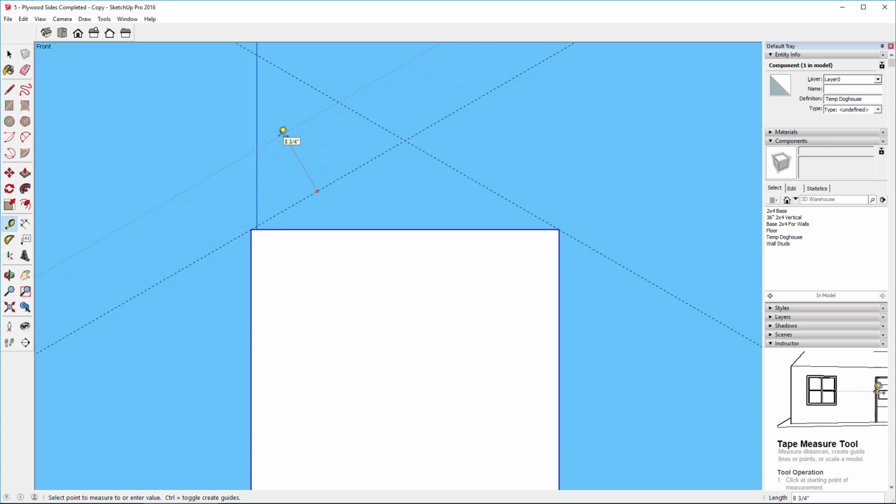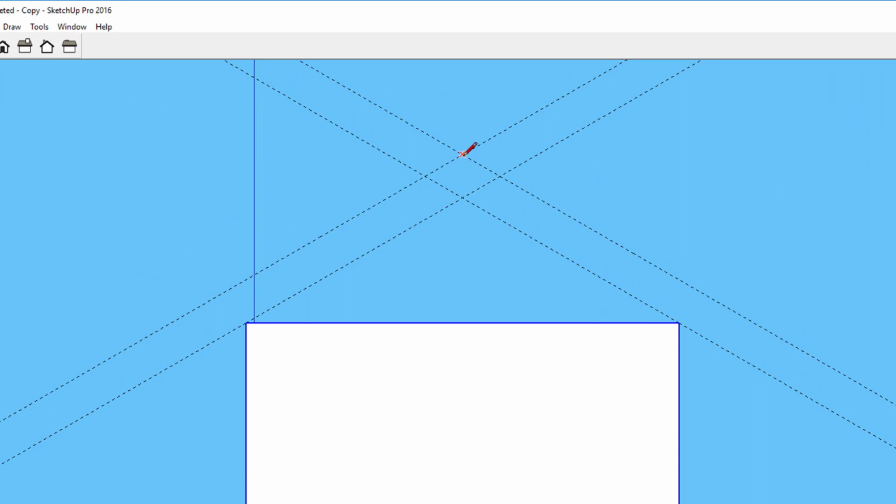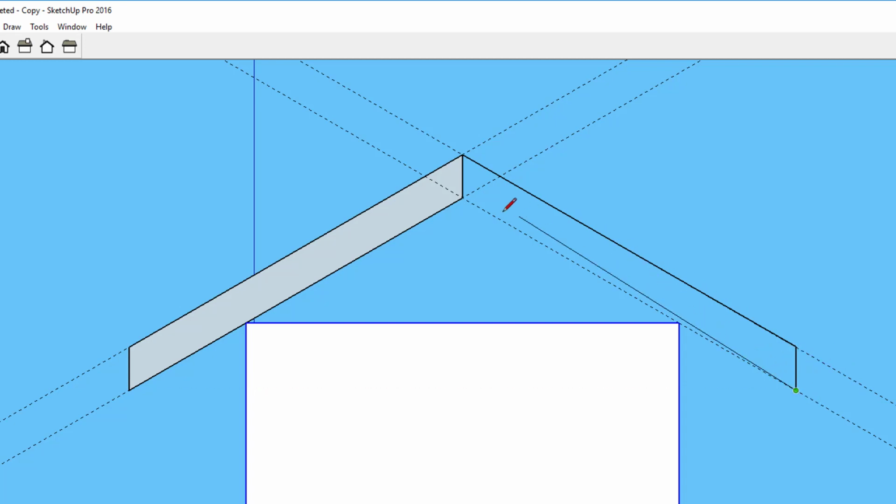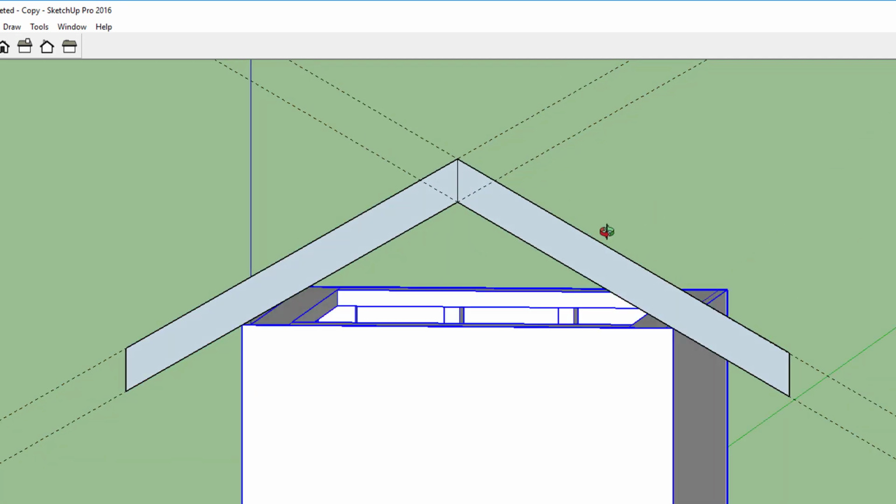and then now I'm going to use the tape measure tool to create parallel guidelines, because the 2x4s are 3.5 inches wide. And so we'll do the same thing here, 3.5. And now we can just use the line tool to draw our 2x4s. So I'm going to come down here along the reference line. I'll put in 36 inches. The exact distance isn't super important. Come up vertically and then close that face, and do the same thing on the right side. Come down 36, then come down vertically, click on the reference line, and come up here,